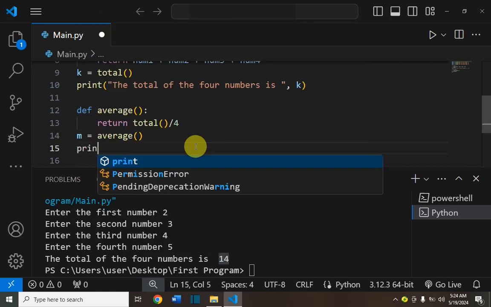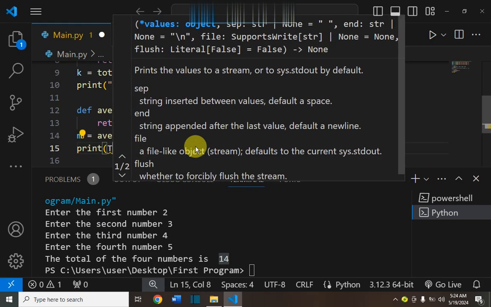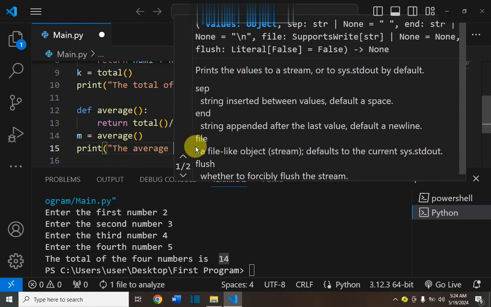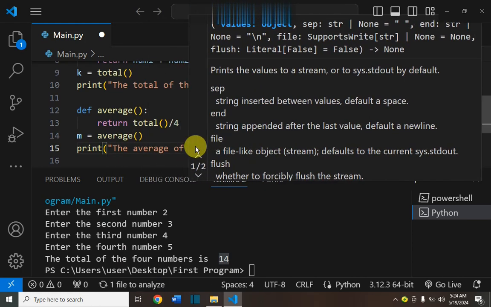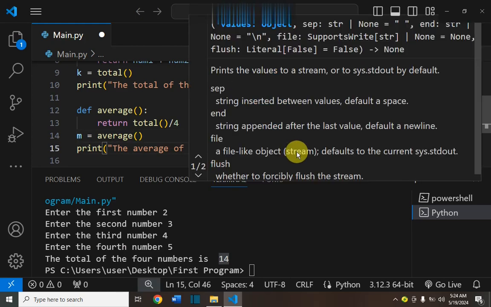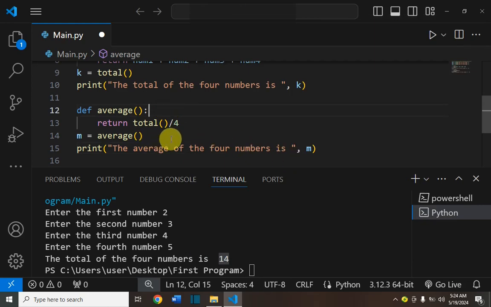So we can print the output in our case here. The average of the 4 numbers is, we call the variable m that we have created here,